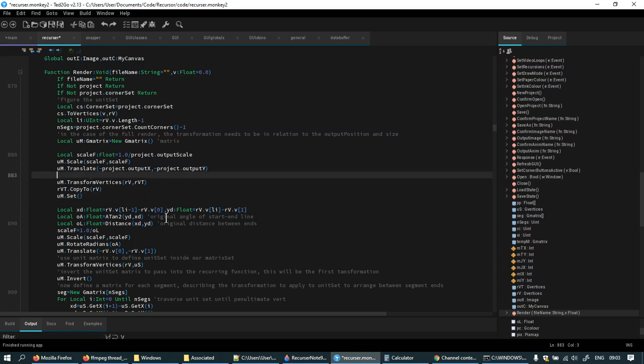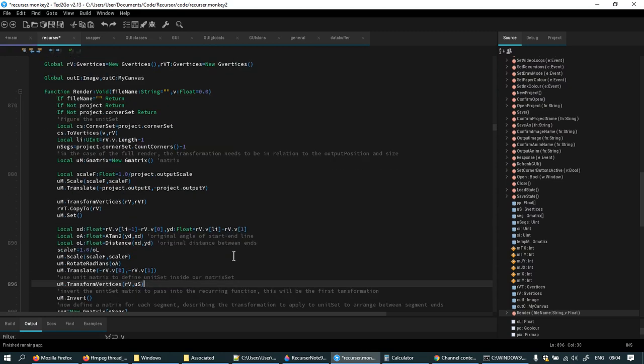Then I do a bit of faffing, which is this: use unit matrix to define unit set inside our matrix set. I don't know what I mean by inside our matrix set, but I do know that I do this thing